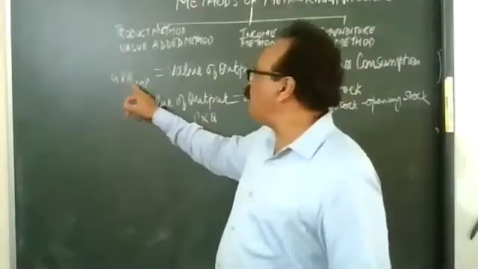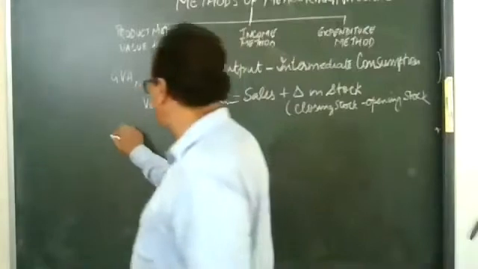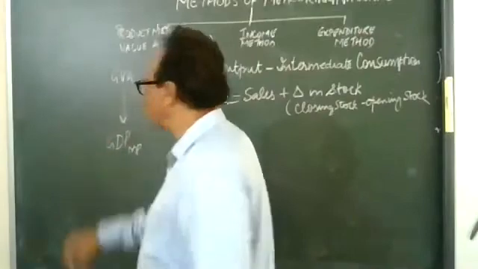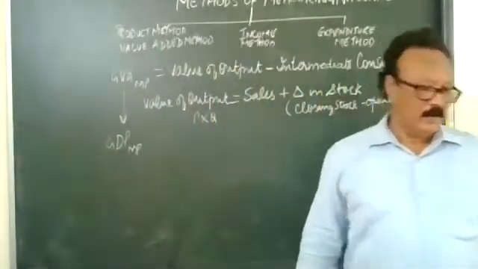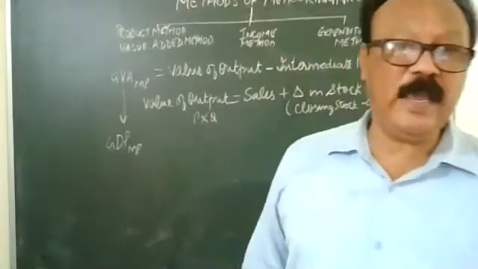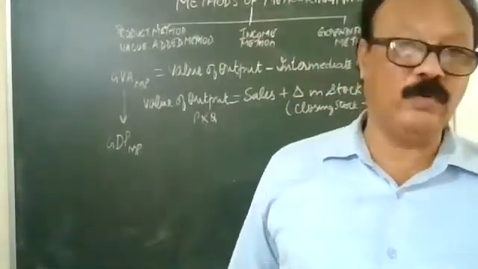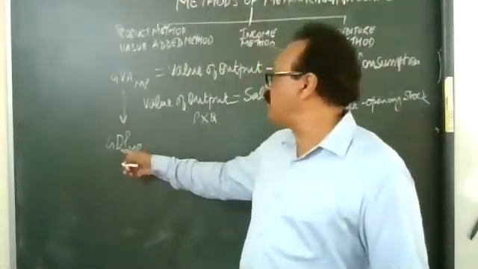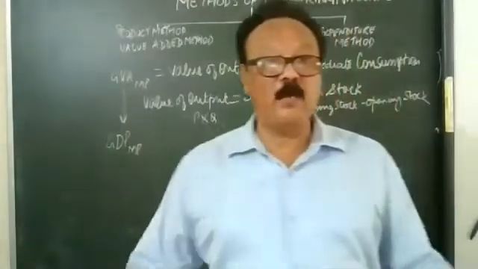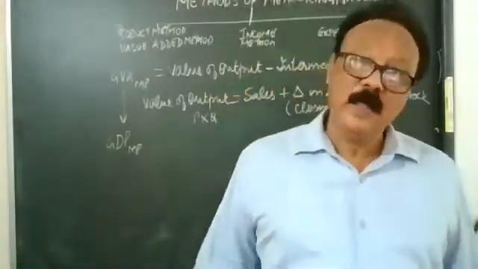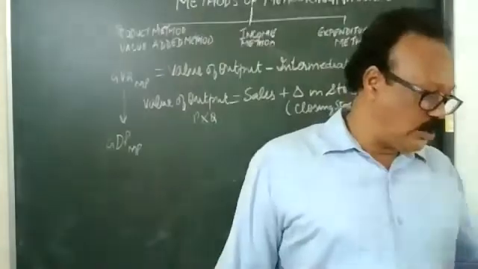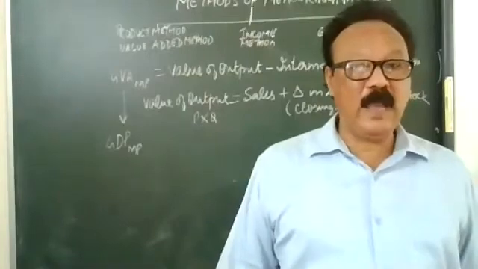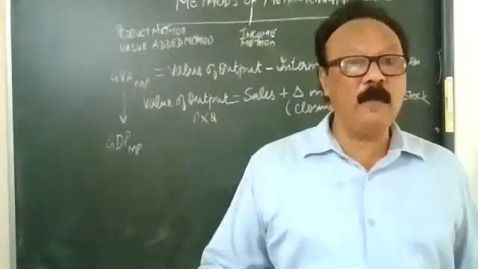Now this gross value added at market price is nothing else but the GDP of the country measured at market price. So this is almost the same. It is the same. So the GDP is equal to the GVA at market price. It is true, because gross value added at market price is nothing else but the gross domestic product at market price, the market value of all goods and services produced in the country. Isn't it? Now, once we have reached GDP, calculation of national income is very simple, and we have done the aggregates, so there is no problem.